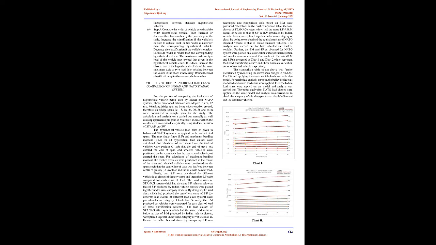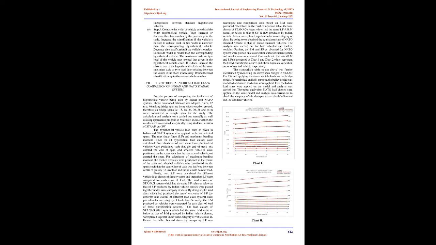B. Step 2. Plot the moment and span length of a wheeled vehicle or tracked vehicle. Assign a class number by interpolating between the standard bending moment classification curves at the point where the class number is the largest. C. Step 3. Compute and plot the shear points on the standard shear classification curves and assign a new class number, if the class is higher because of the shear that a vehicle induces in the selected different spans. D. Step 4. Use the standard width correction table to compute the hypothetical width by linear interpolation between standard hypothetical vehicles.